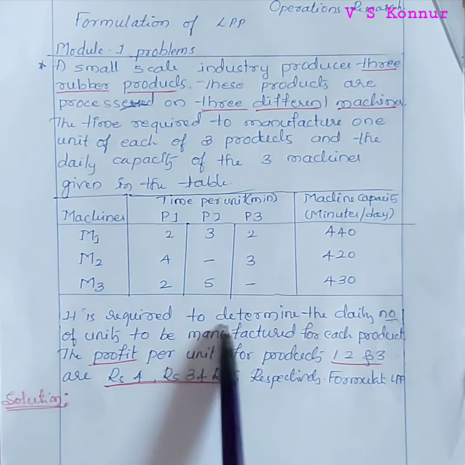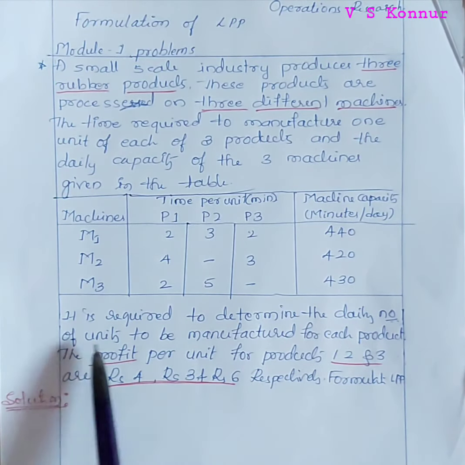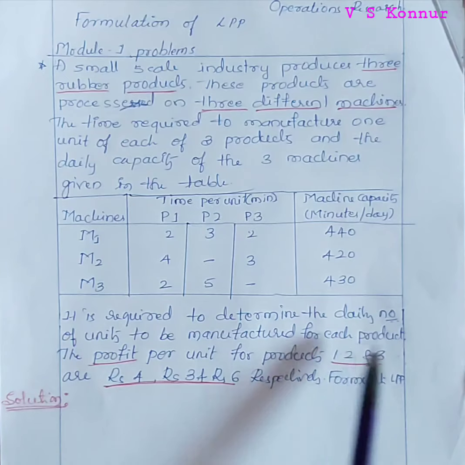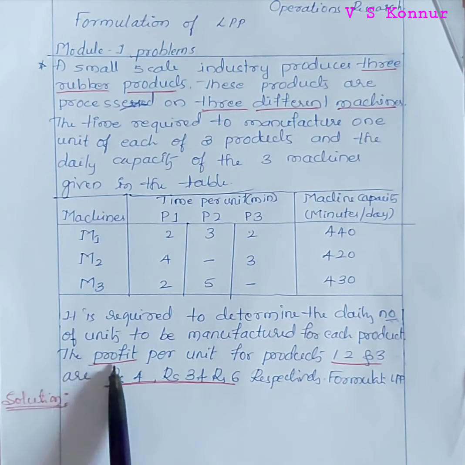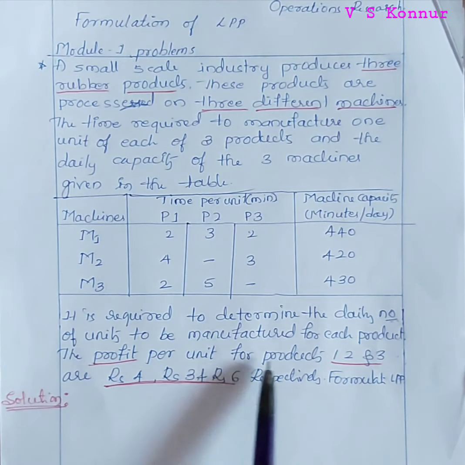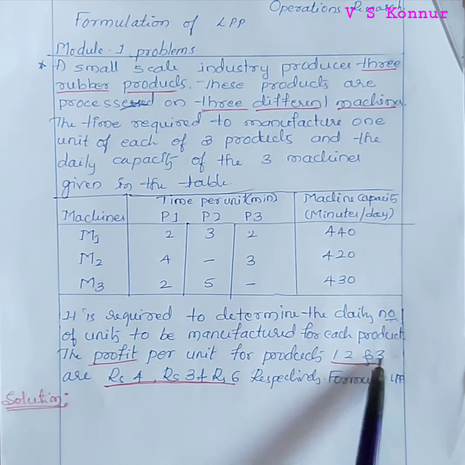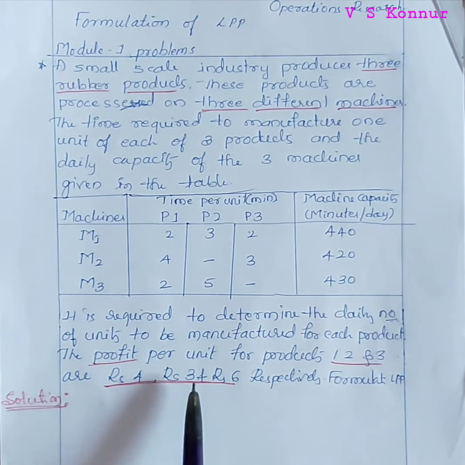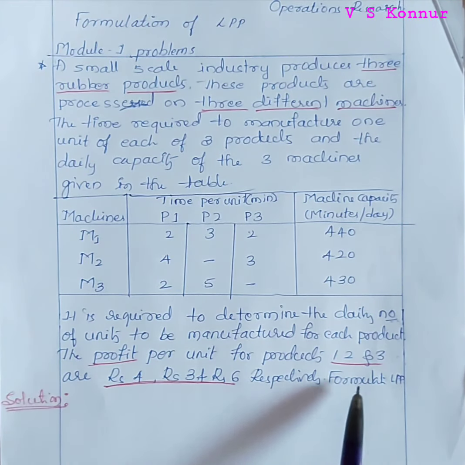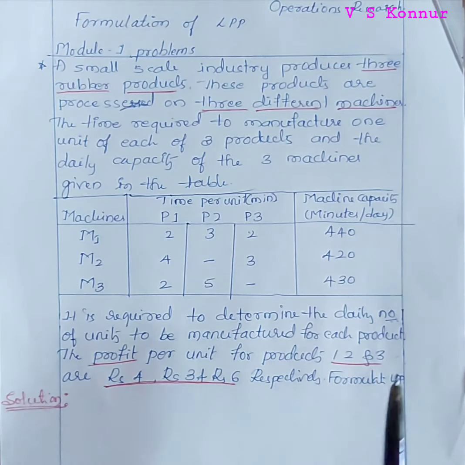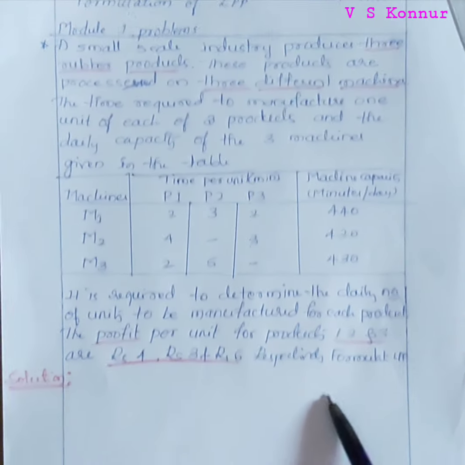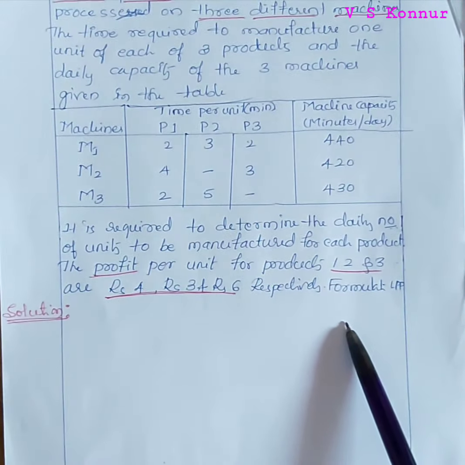Now, it is required to determine the daily number of units to be manufactured for each product. The profit is given, which means it is a maximization type of problem. The profit per unit for products 1, 2 and 3 are rupees 4, rupees 3, rupees 6 respectively, and then formulate the LPP. This is the problem. As per the rules, we have to define first